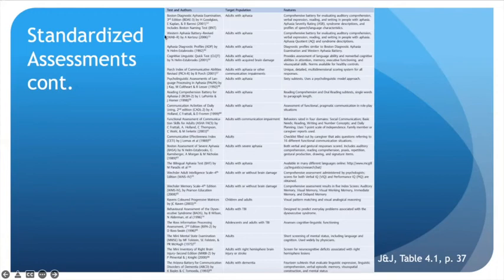I'm familiar mostly with the Western Aphasia Battery. That's the exam that we use more than any other in my particular facility. It includes spontaneous speech. So you might ask the patient, how are you today? What's your full address? Why are you here in the hospital or in the nursing facility? And then you give them points for meaningful, complete responses to assess fluency.